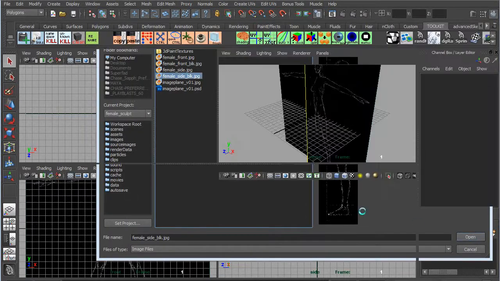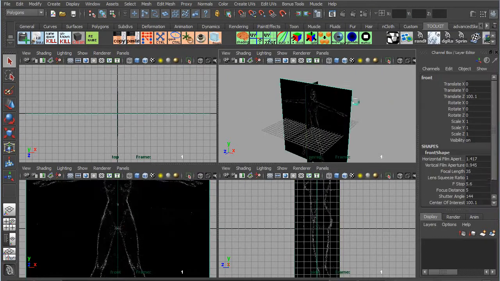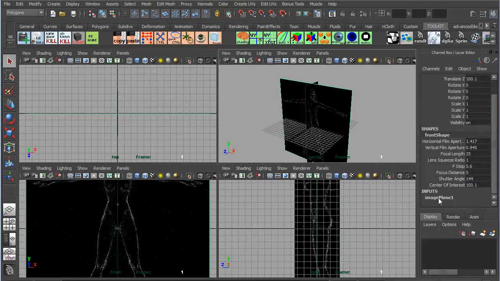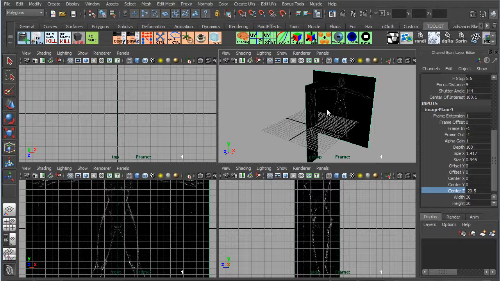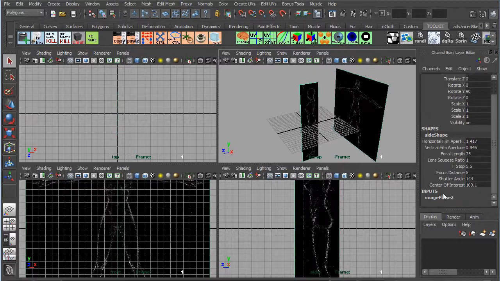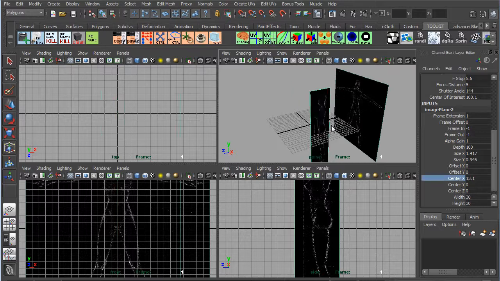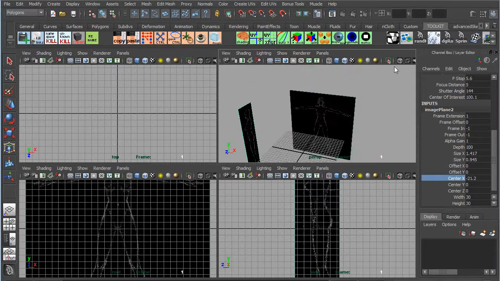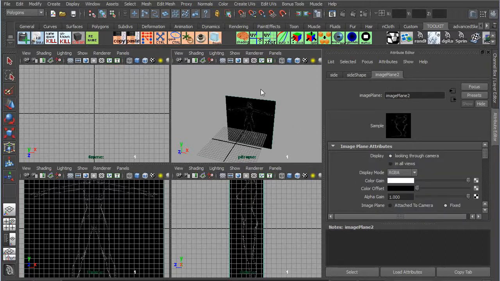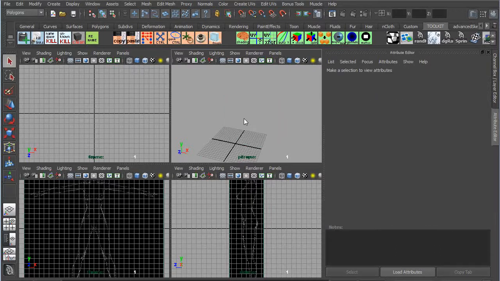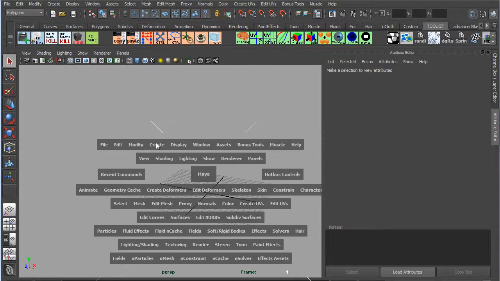I line these images up in Photoshop to make them line up with each other, horizontally. But if you change the zoom in the side or the front view, it's going to mess all that up. It's probably just easier to reset Maya and start with a new scene. All right, we're going to move them out of the way in the perspective view, and we're also going to turn on looking through camera only so we only see them in the side views, in the orthographic